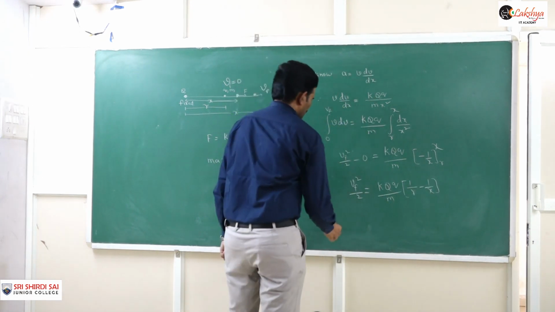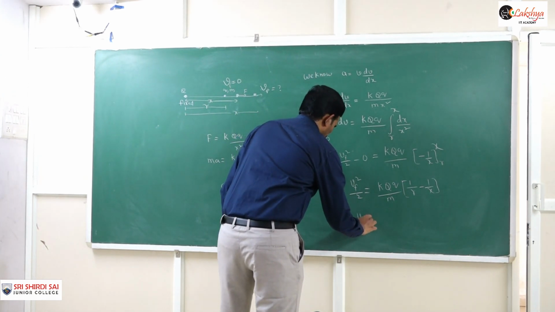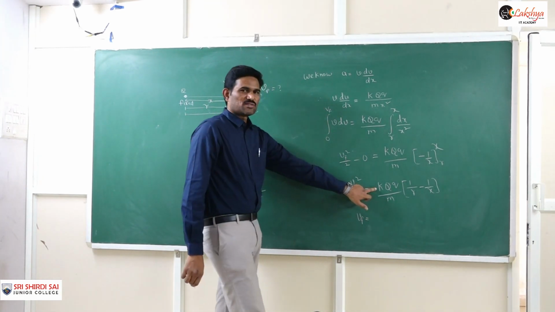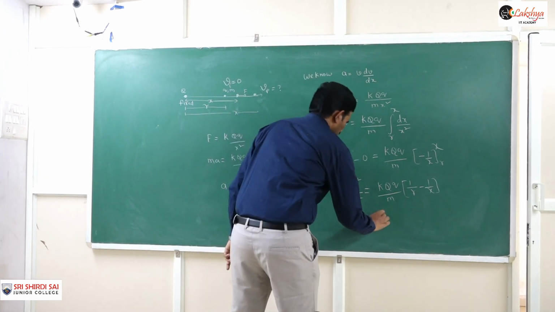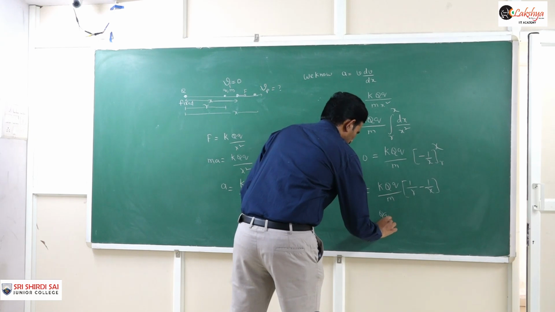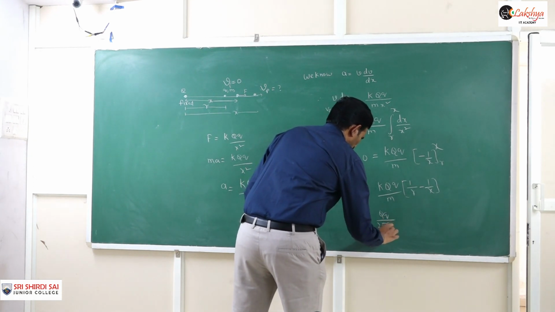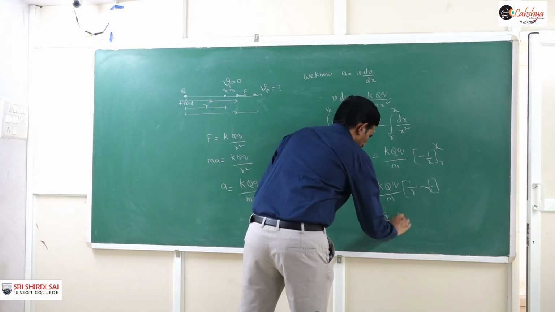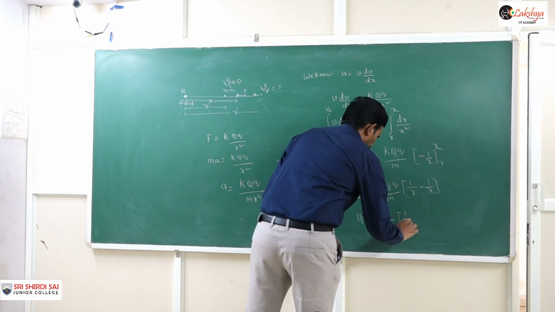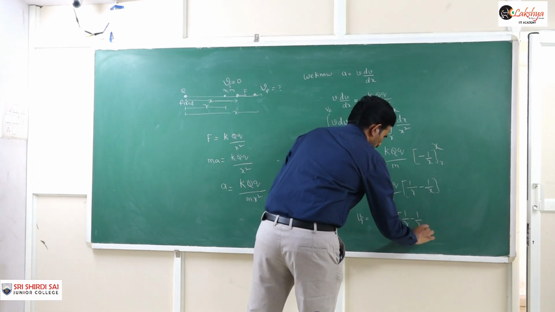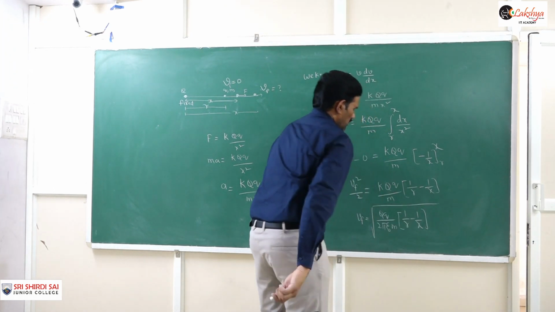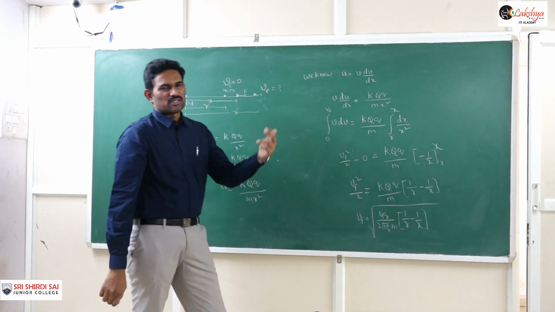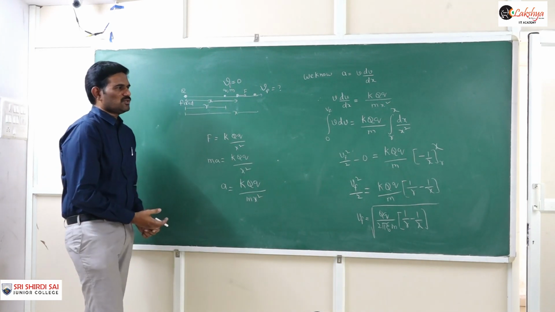So finally you can write this expression, and I am substituting the k value also, which is nothing but 1 by 4 pi epsilon naught. Then this 2 you can cancel. So finally I can write this as vf equal to the square root of Qq by 2 pi epsilon naught m into 1 by r minus 1 by x, the whole power 1 by 2. So that is the velocity of the particle when it is at a distance x from Q.